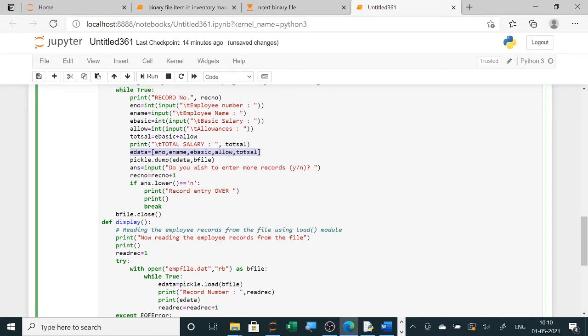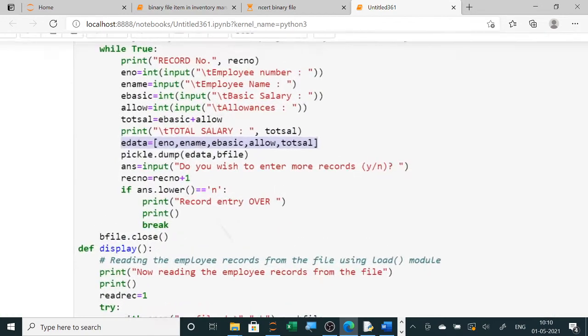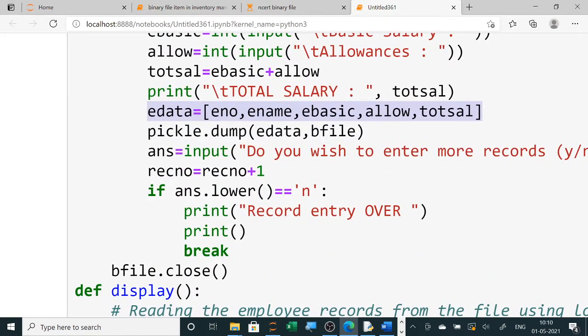So if you are asked to search with employee number, then I will write edata 0, and if you are asked to search with employee name, then you will write edata 1. If they have asked you that employee basic is greater than 10,000, you display those records, then you will write edata 2. For e-basic I will use 2, for allowance I will use 3, for total salary I will use 4. So like this, for searching you require the index position of which data you have to search.